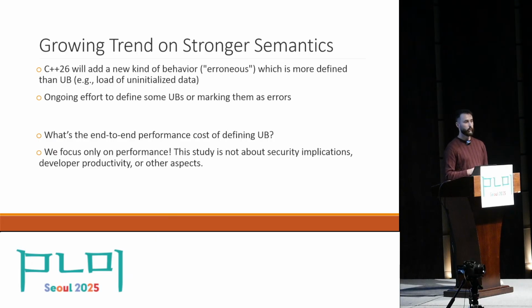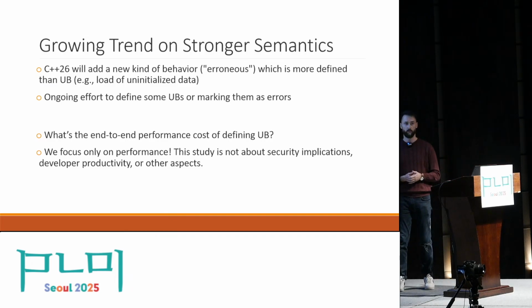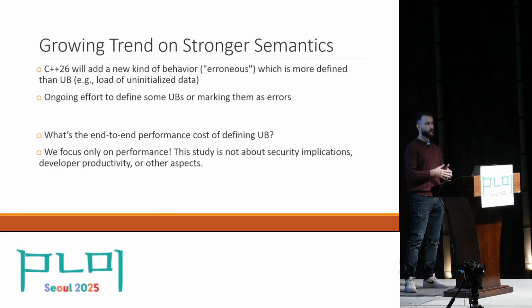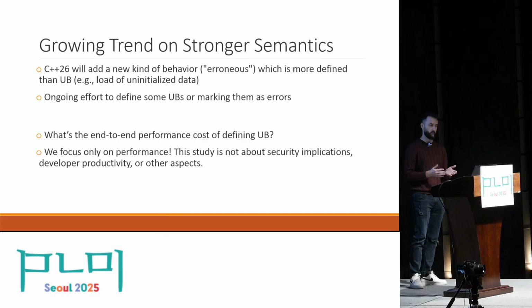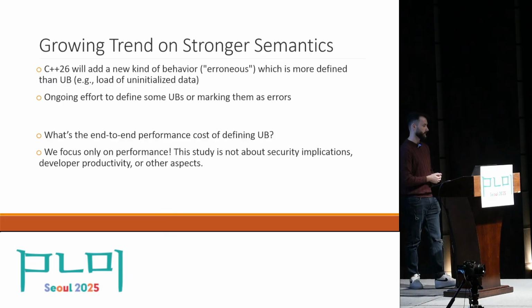However, there is a problem. We don't know the performance impact of those changes. And I repeat, UBs are great for microbenchmarks, but do they behave the same for real-world workloads? And can the compiler evolve in such a way that they don't need UB to prove optimizations? We quantified the performance impact of undefined behavior optimizations. And it's also worth noting that we only focus on performance. We don't take into consideration security implications or developer productivity implications, only performance.